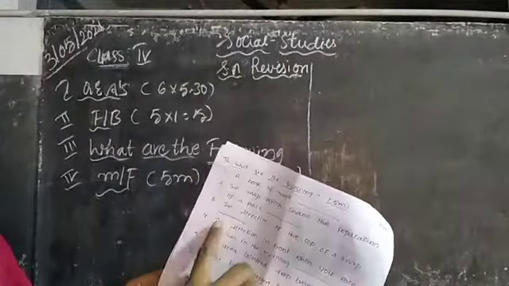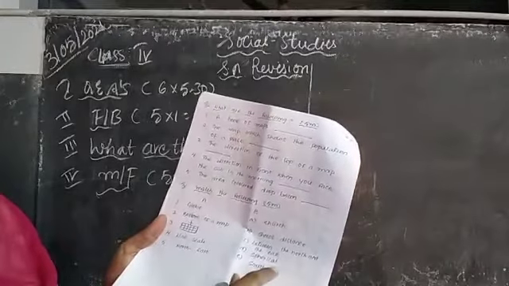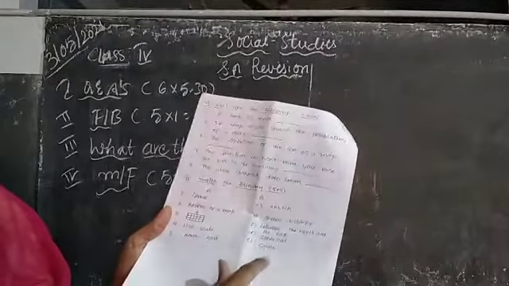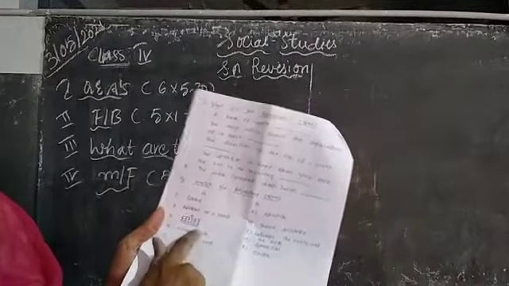Coming to the last, match the following, 5 marks. Globe. Globe is what, children? It is in a spherical shape. Bottom of the map is south. This symbol indicates the church. Line scale shows the distance. North east is between the north and the east. So children, this is the question paper. Please go through this and prepare well for your examination, children. Okay children, thank you.